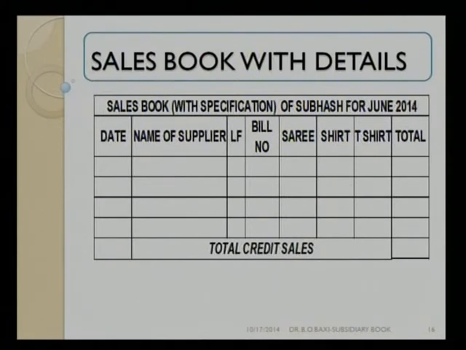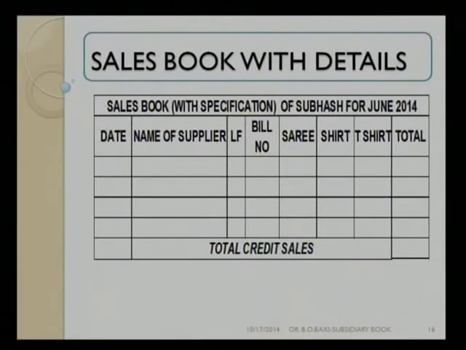Now I would like to know specific sales of sari in the month of July. Then I will take into account the subsidiary book of July, and I will take the total of the sari column. Then I can easily say that sari sale is this much. Say for example, generally it is a tradition that in Ahmedabad or in Gujarat, there is always sale during the month of August. So I have to check what the sales increase is in the sari or a particular product in the month of August. Then I can easily find out from this one.